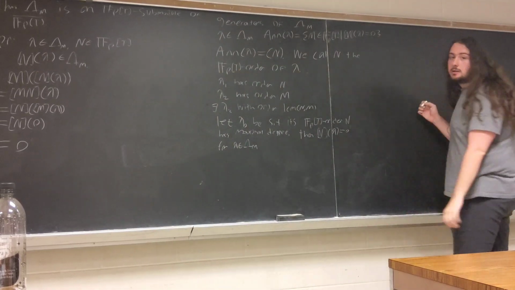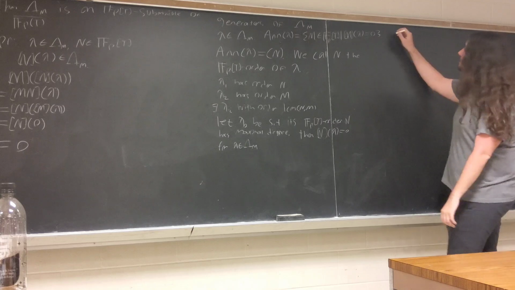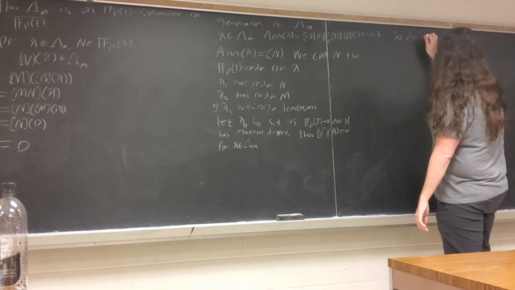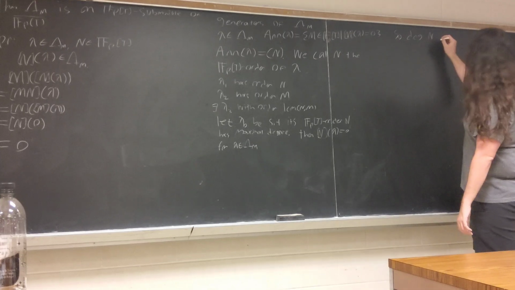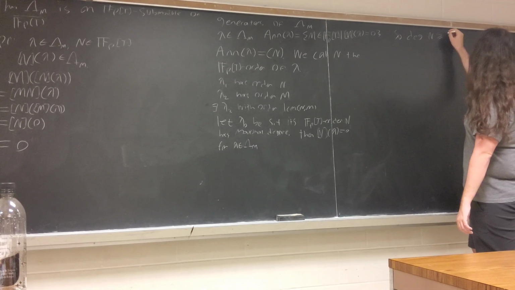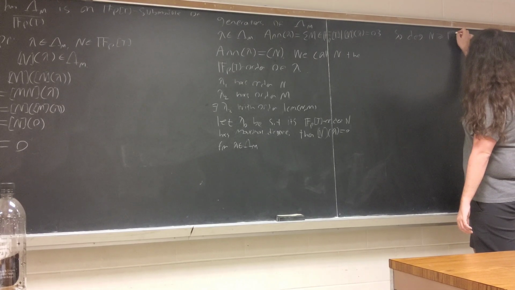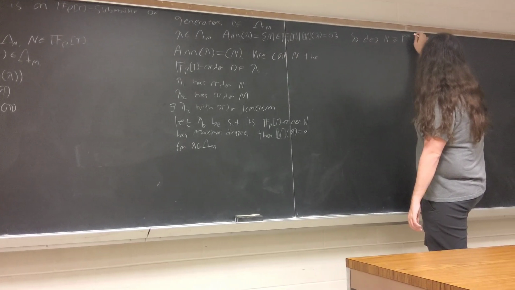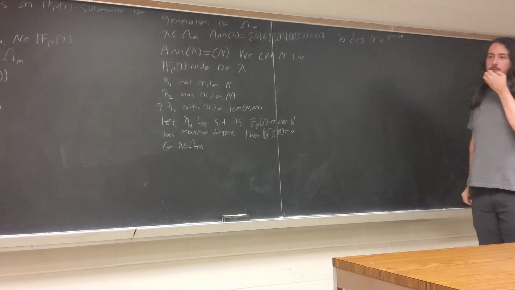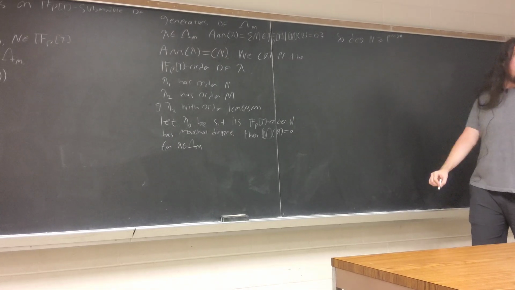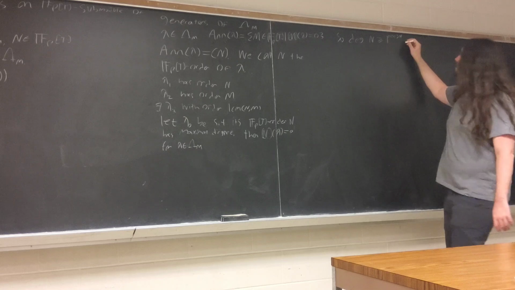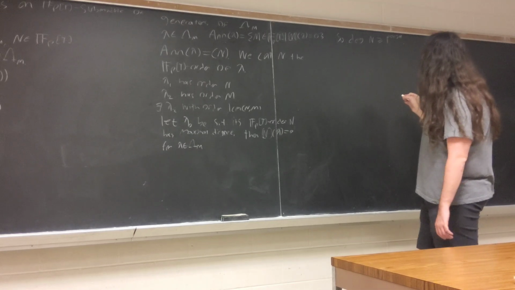That means we can say that the degree of n is greater than or equal to p to the degree of n, which was the degree of n, right? Because it has at least that many zeros. And from that,